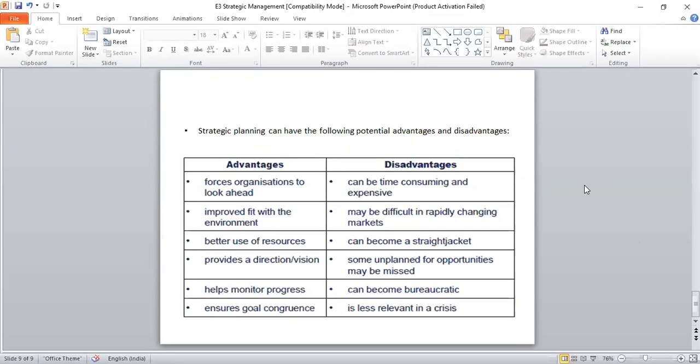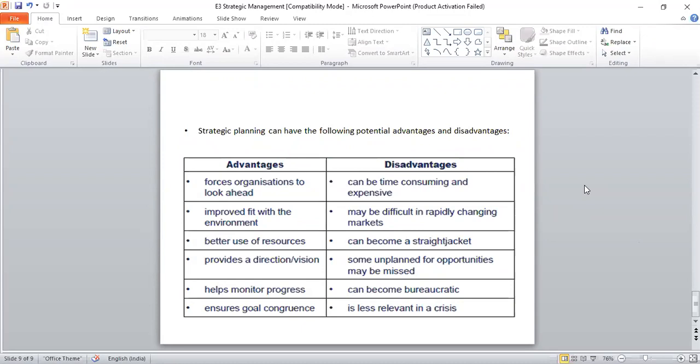So if the industry is rapidly changing, the markets are rapidly changing, there are too many technological changes, or if it is a seasonal kind of business, anticipating things for a very long period of time will be difficult. Even anticipating things for the next year or the next operating period is difficult, because it may not be according to what is planned. And planning for a long period of time will be all the more difficult, right?